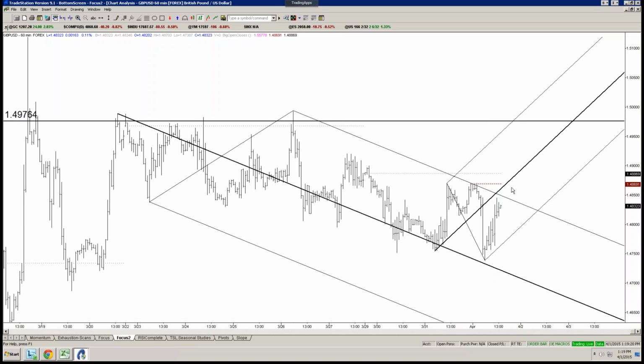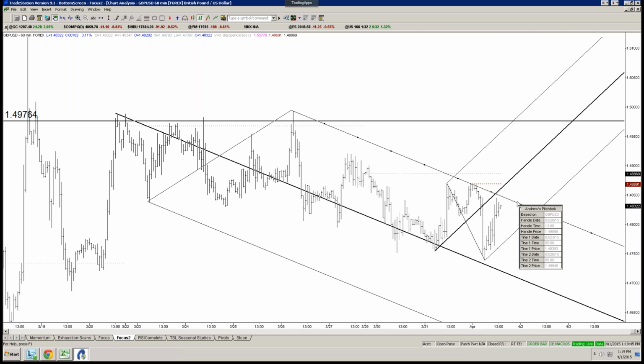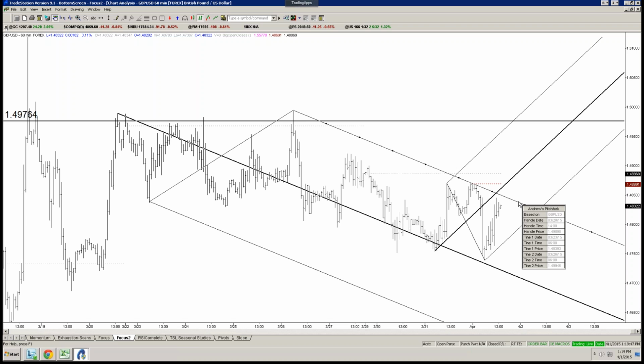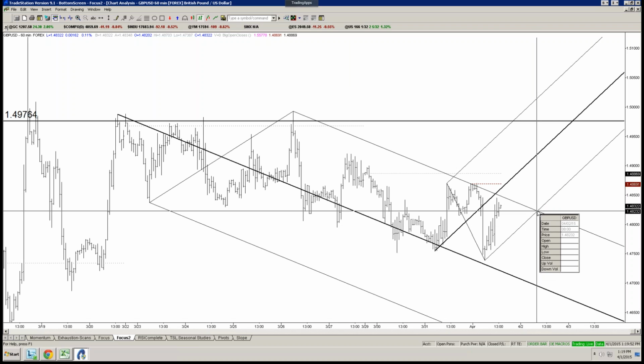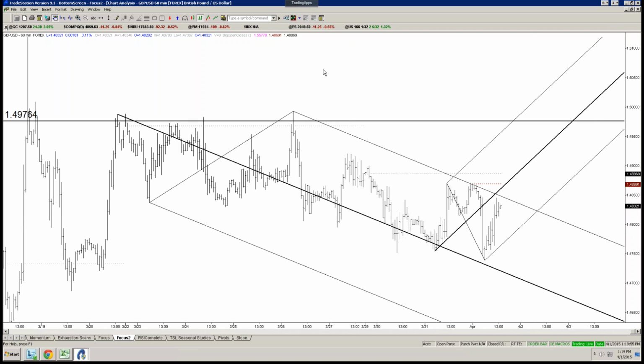But what you want to look for now is if the market were to trade, if pound dollar were to trade up through here to break resistance, right? And by break it, I mean trade above it for, say, a session, like 4 hours or so. I don't mean trade above it for 5 minutes, but for several hours. What you want to do is see the market hold above, and you want to see this line then eventually come into play as support, okay? That's what you want to see. So if this were to come into line of support, you get a confluence, which is always the best trade to make.